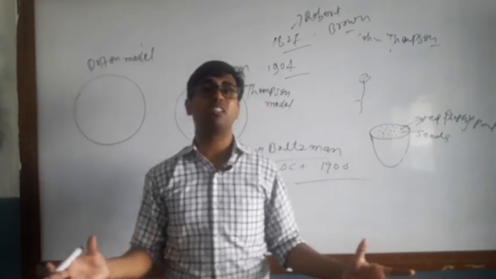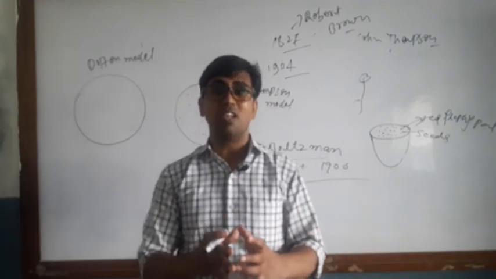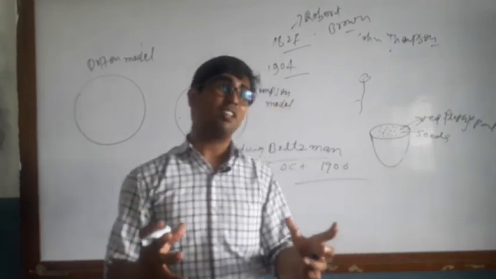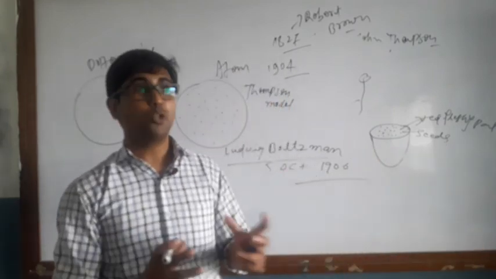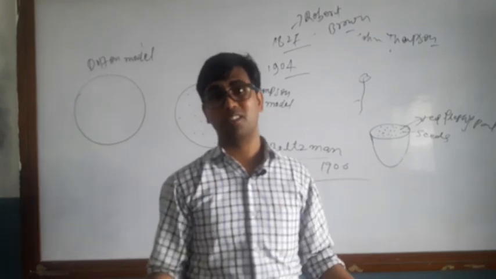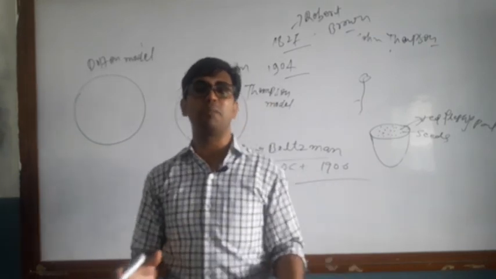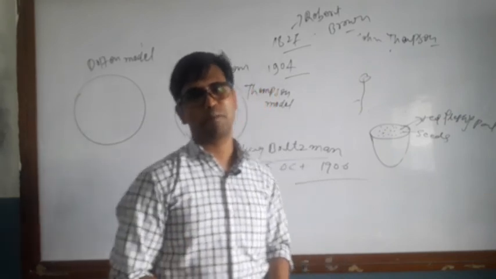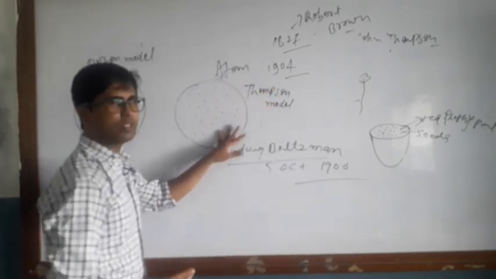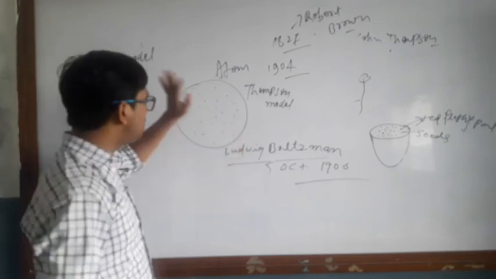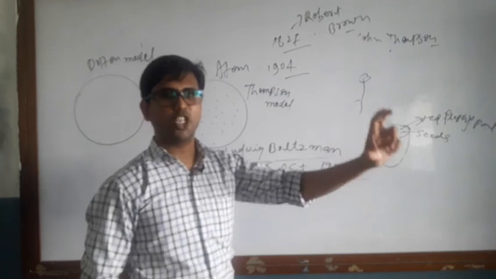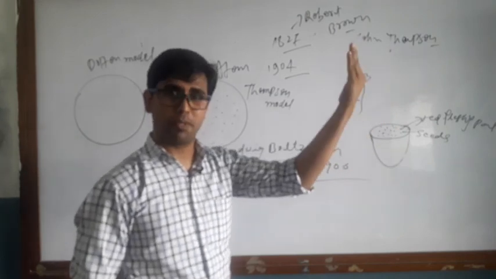No one was prepared to accept the actual model of atom. No one was even convinced to accept that we all are made of atoms. It's very difficult to explain to people that we all are made of atoms. Even today, some people don't believe this. The Thomson model was a failure, but it paved the way and started a journey for the new models to come up.